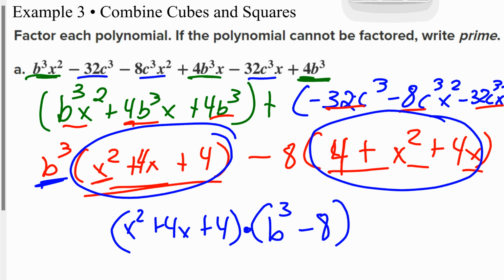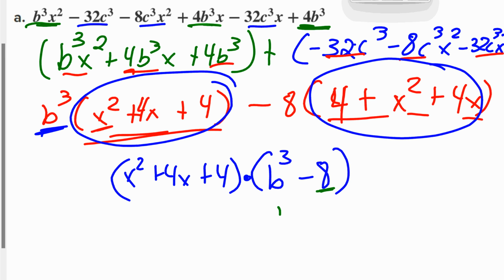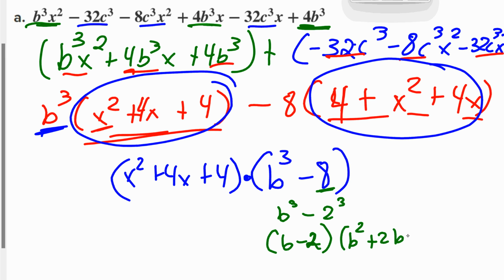Now I can look and see maybe I can expand it some more. So I noticed that the 8 I can rewrite as a cube, right? So that would be rewritten as b cubed minus 2 cubed. So I can do a difference of 2 cubes. So b minus 2, and then b squared plus 2b, and then plus 2 squared, which is 4. That's fine. Okay, and then this one, I can see if I can factor it